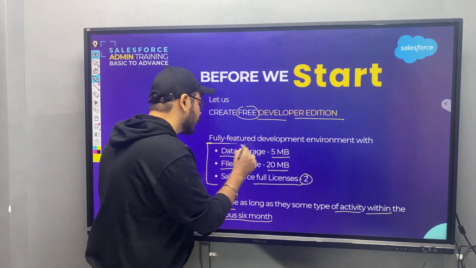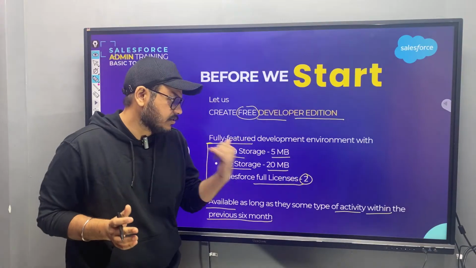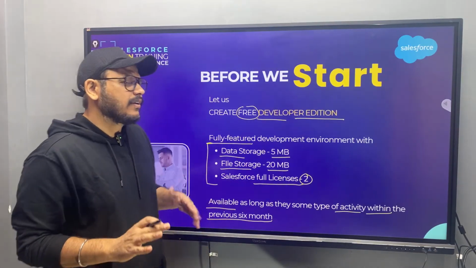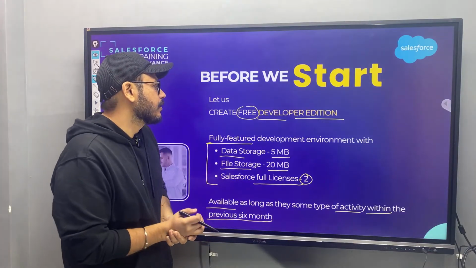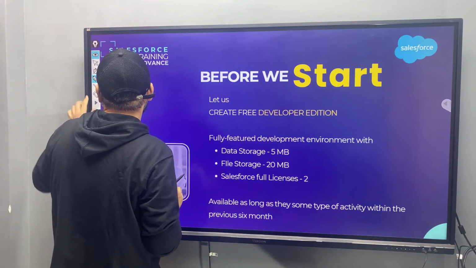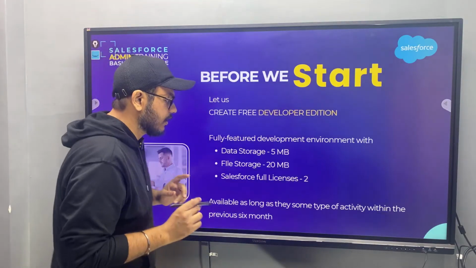Otherwise, most of the features of Enterprise Edition are available with a developer edition, other than a few very specific features which you may not need immediately. So that is the thing. Okay. So that's about the developer edition. Now, how do we create a developer edition? To create a developer edition,